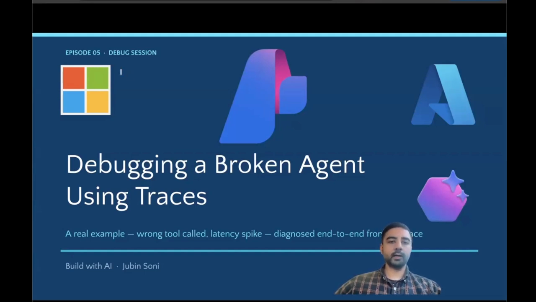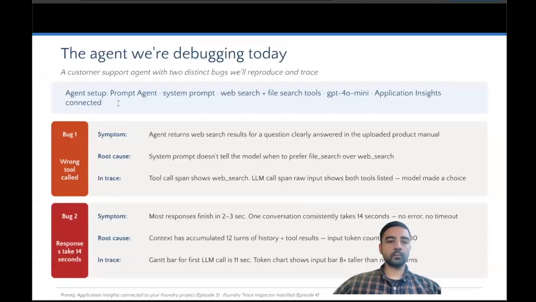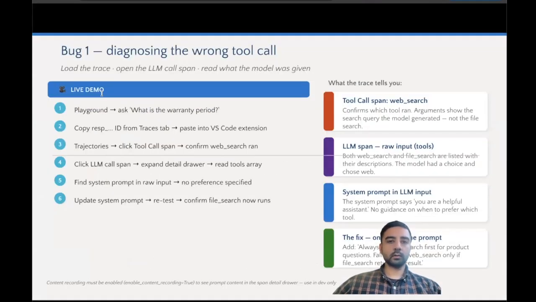So we all write agents that do something unexpected, where the model calls a wrong tool, or a response that normally should take a few seconds is taking a lot of time, and the user gets an answer that they should not be getting, or that has nothing to do with their question. So let's dive